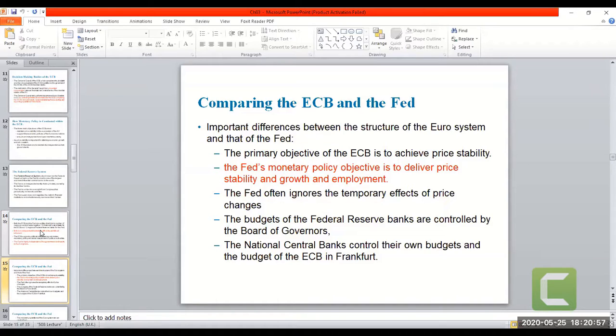But there is a difference between Central Bank of Europe and the Fed. The main differences are: the main objective of European Central Bank is to achieve price stability. This means